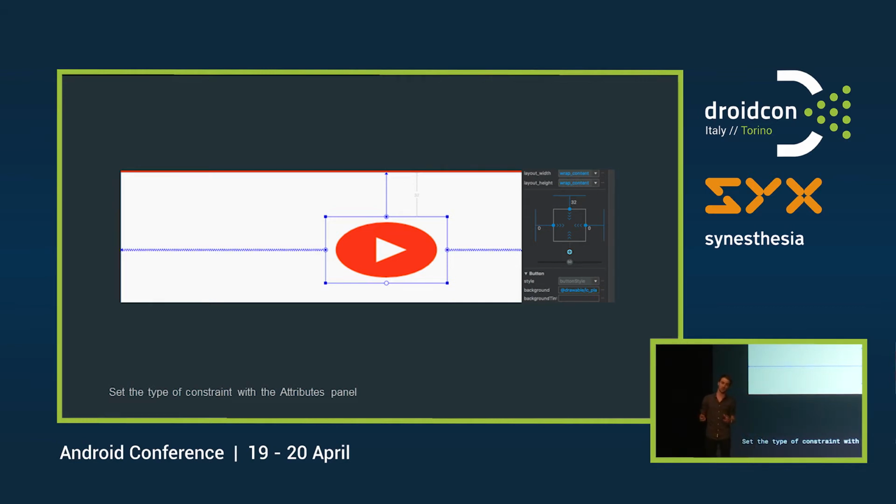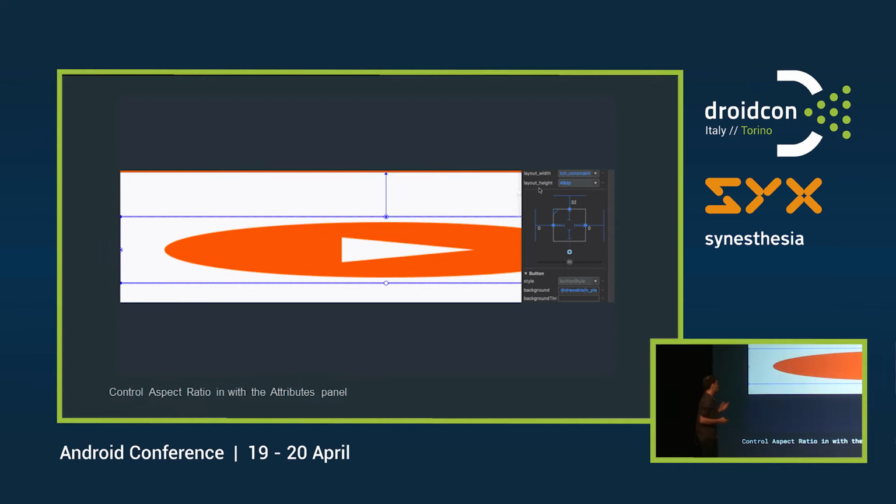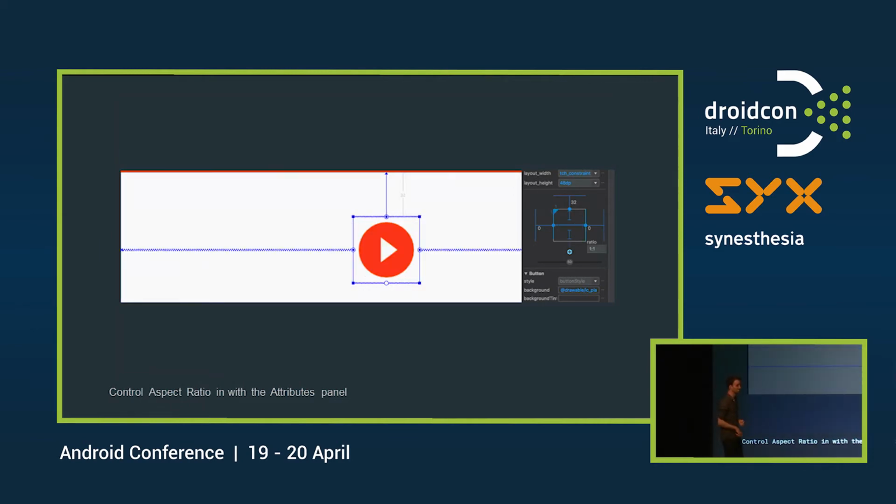So the good thing about constraint layout is that it does not only constrain your component in position, but it will also constrain it in dimension. So by using the widget on the right, the constraint widget we call it, you are able to toggle through the three kinds of constraints that you can have. So wrap content, which you are all familiar with. We have fixed size, also probably known, and we have match constraint, so that will stick your component to the constraint. And if one or both of your dimensions are set to match constraint, you'll be able to use the aspect ratio button, which is hidden in the corner here,